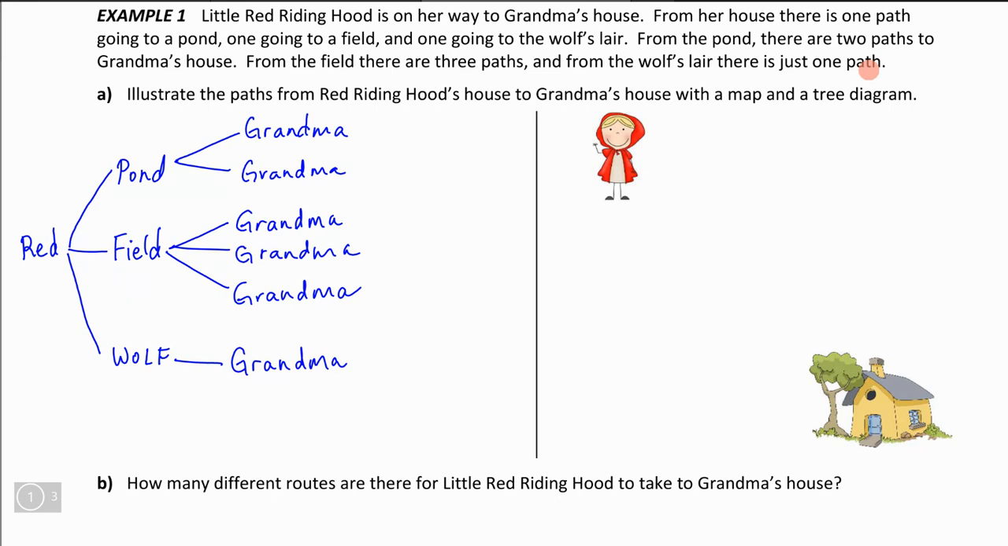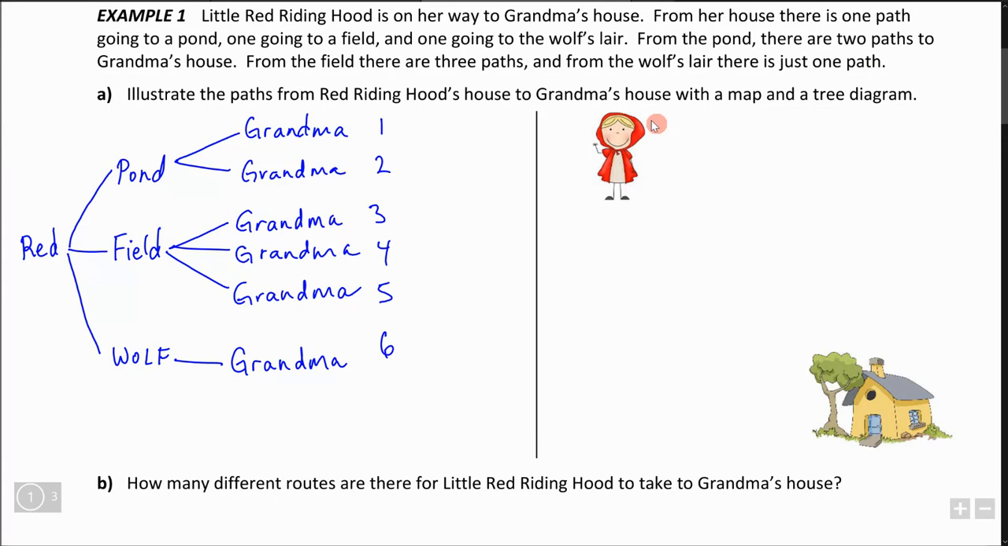So how many paths are there? Well, if I count the number of endpoints of my branches, I have 1, 2, 3, 4, 5, 6. I have 6 possible paths. Now, how do I show this using a